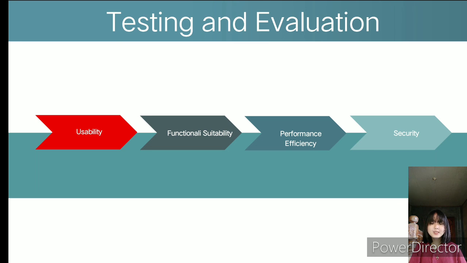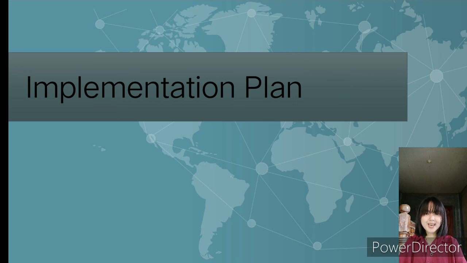The next one is the performance efficiency. It is the ability of the system in providing efficient help to the user. And lastly is the security, which is important for every system to have and prevents it from malicious agenda or any malware and viruses. The implementation plan of the system will be conducted after the development of the project software, so the system will be able to provide the needed information.